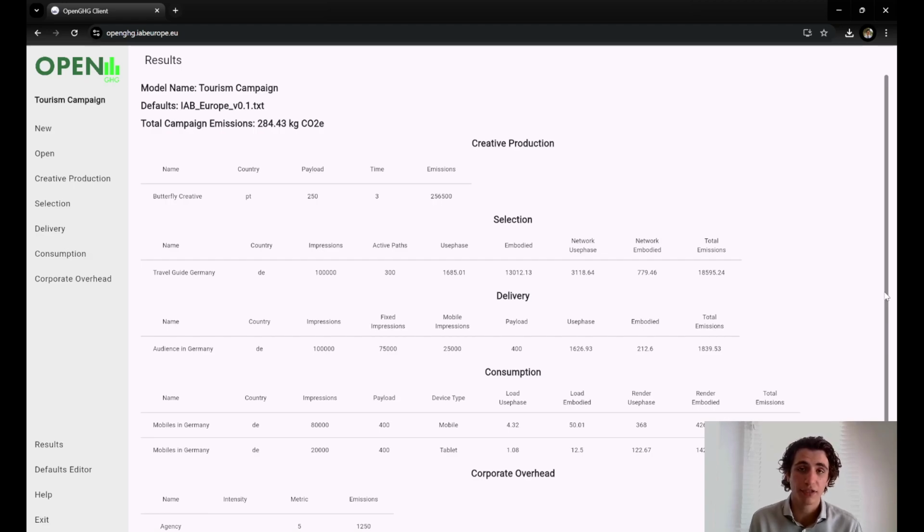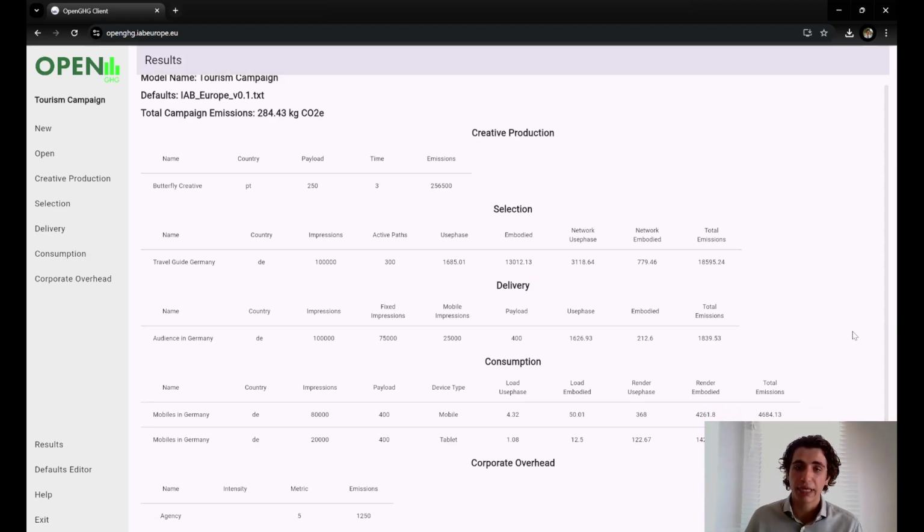When we're talking about use phase emissions, this is emissions arising from electricity consumption. Embodied, we're looking at manufacturing and end of life for either devices or networks. Delivery, we have a disaggregation by use phase and embodied emissions again, as well as under consumption, we see the same thing,